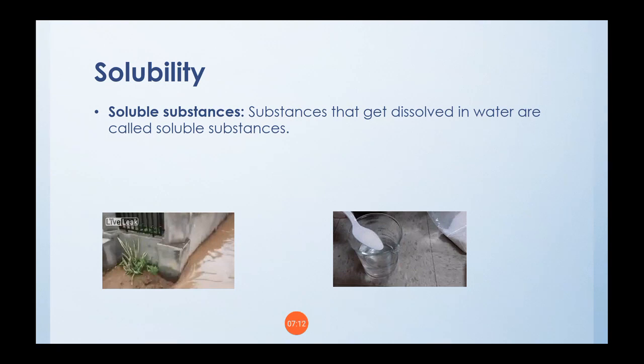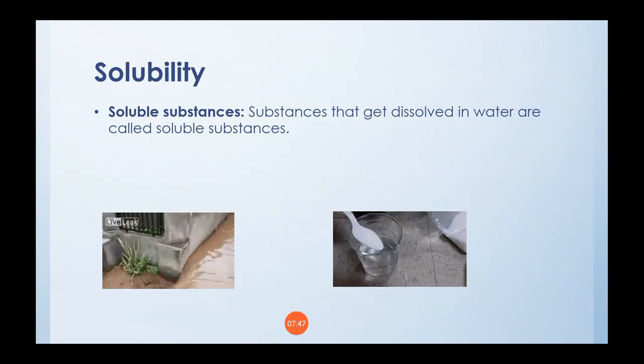If you mix the sugar in water, are you able to identify the sugar after mixing properly in the water? You can't, because we know that water is a universal solvent. Water is a universal solvent. Now, the important point, please keep it in your mind: which liquid is called the universal solvent? Water is the universal solvent, right? It can accept most materials and mix them if they are soluble, right?